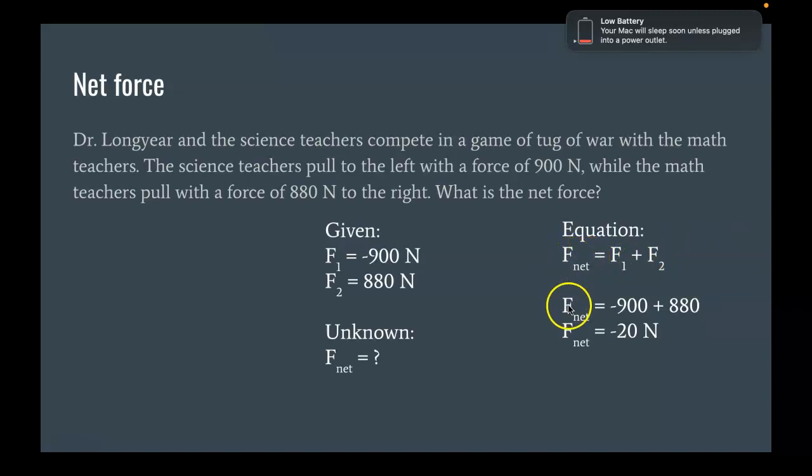All right, so the net force is negative 900 plus 880. And so that results in a negative 20 newtons. So the net force would be negative 20. And again, the negative just means that we're heading in the left direction. That's where the net force is heading. That means that the science teacher won. Anyways,